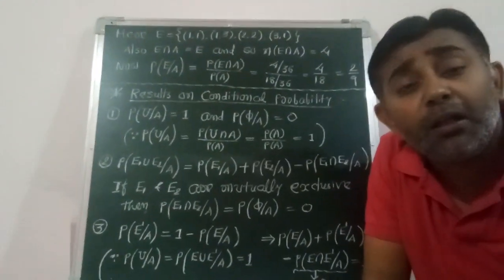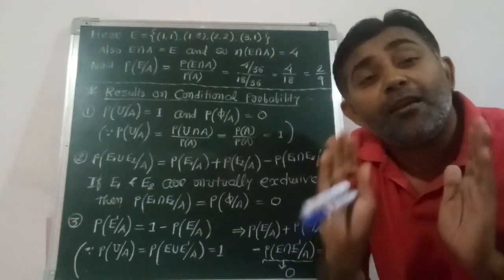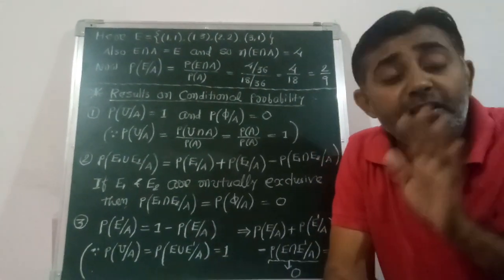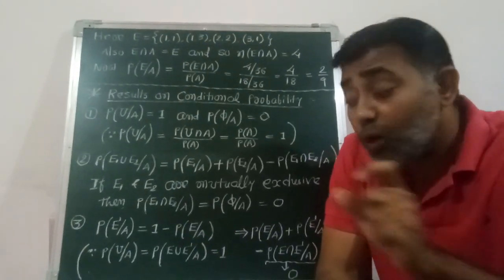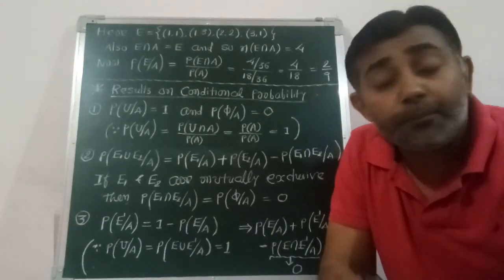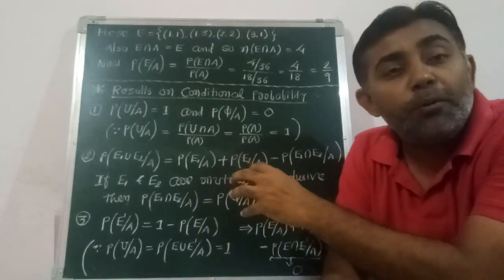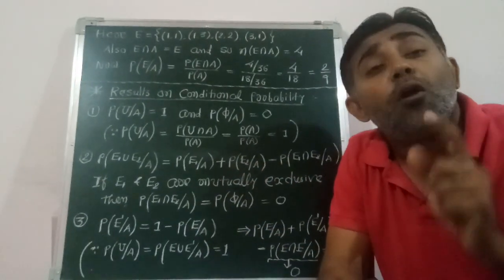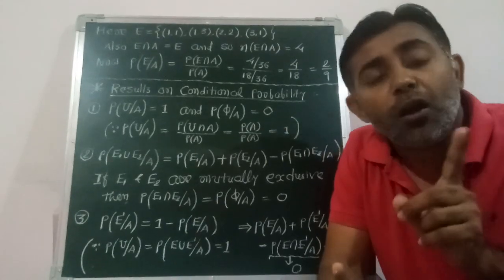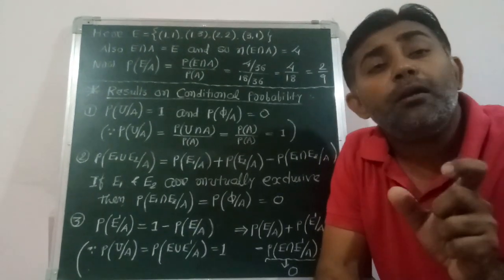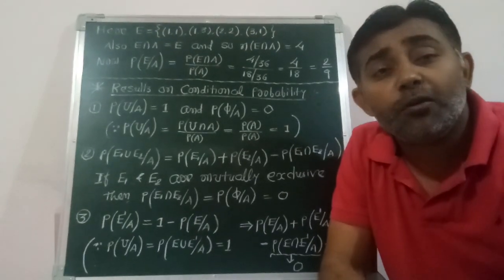This is the example. Now your today's homework is total exercise 7.1, sorry, 13.1, which is given in your textbook because the chapter number is 13. So 13.1 depends on this conditional probability. So now you have to solve all the questions yourself, and if there is any question you cannot solve, then just tell me on WhatsApp or Facebook. I will try to solve all of the remaining questions.